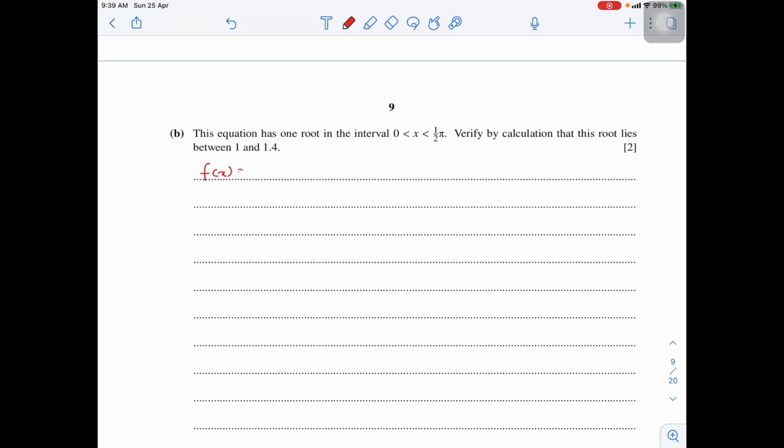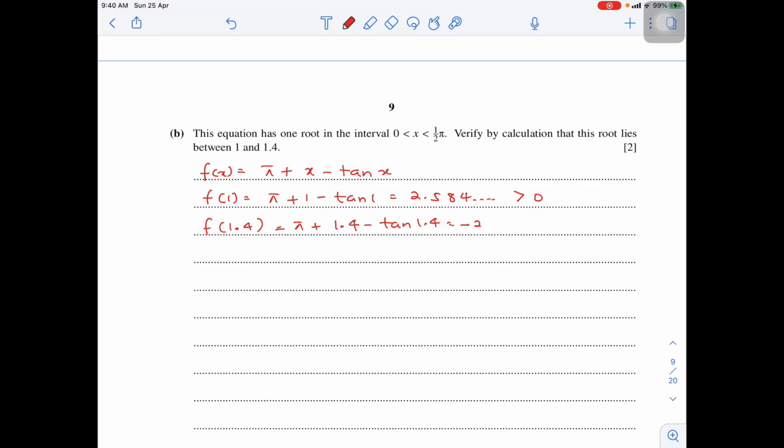you have to send one side to the other side. That means either I send tan x to the other side or pi plus x to the other side. I'm sending tan x to the other side. So I'm writing f(x) is pi plus x minus tan x. Now f(1) will give me pi plus 1 minus tan 1